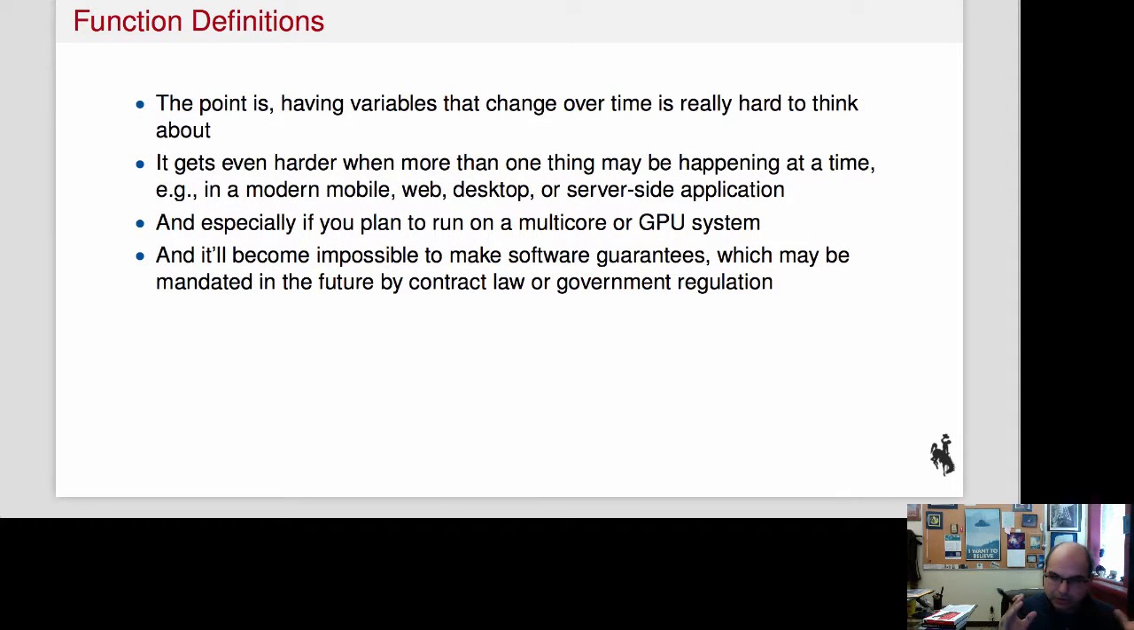Okay, so I do want to go back to this idea and emphasize a couple of points, and that is that thinking about variables that change over time is really hard. That is honestly hard to do formally, because not only do you have to think about values, you also have to think about time to make that work. And when there's more than one thing happening at a time, then it becomes absolutely painful, because